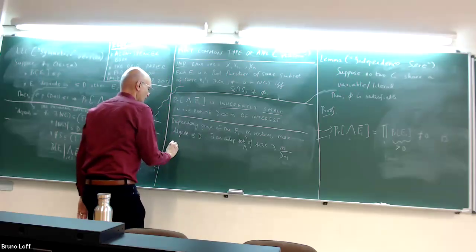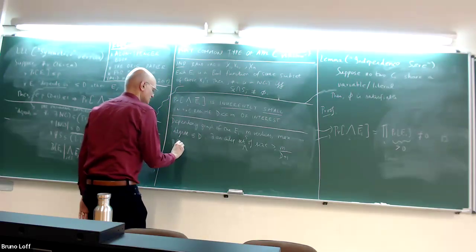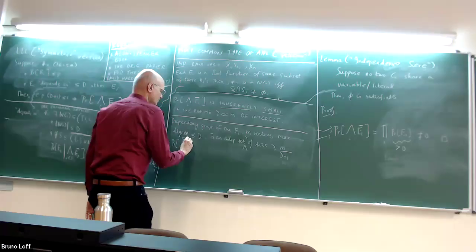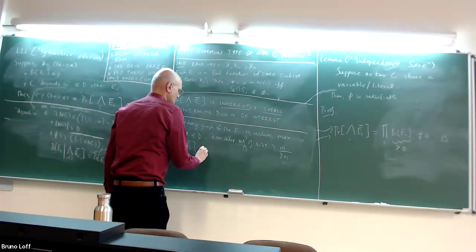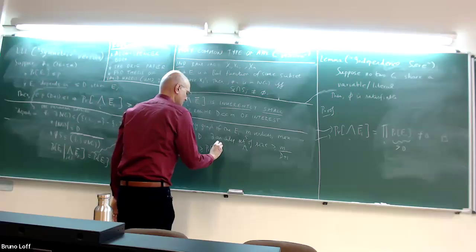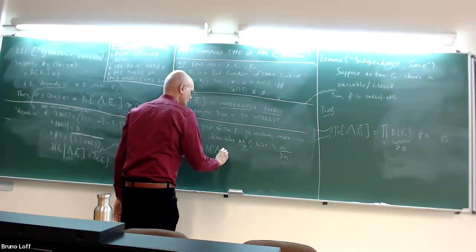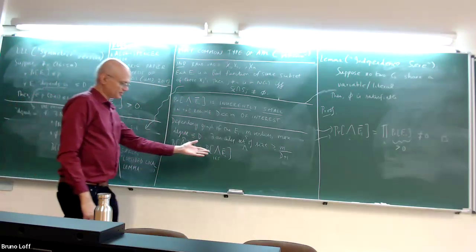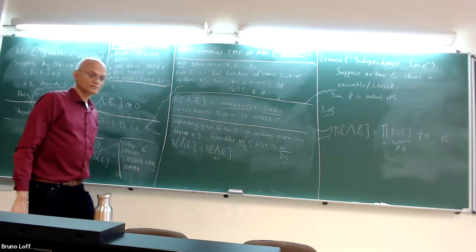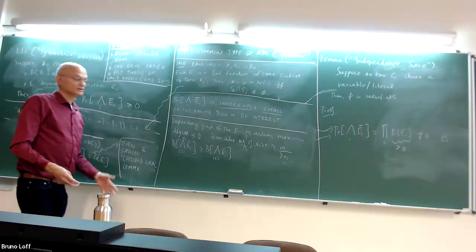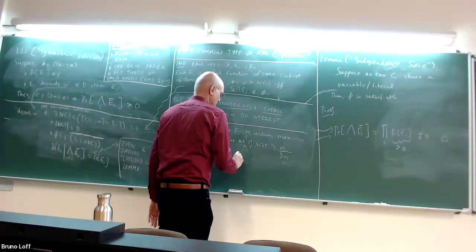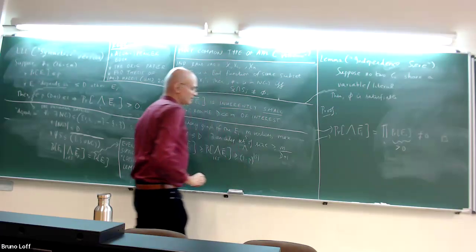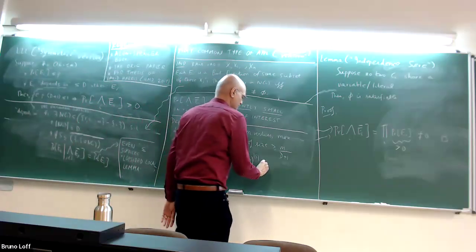Therefore, the probability that you want, which is this, notice that it's greater than or equal to this probability, of course, because here you're really asking about a subset of the events, right? But now these are independent. Therefore, this is greater than or equal to 1 minus p to the power of the cardinality of S, which is basically